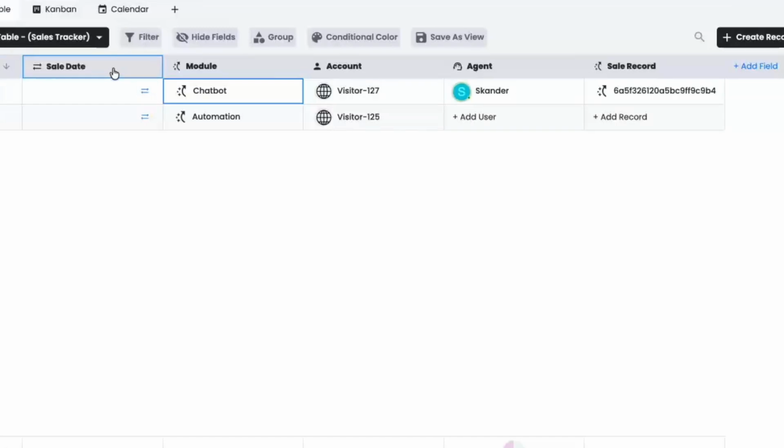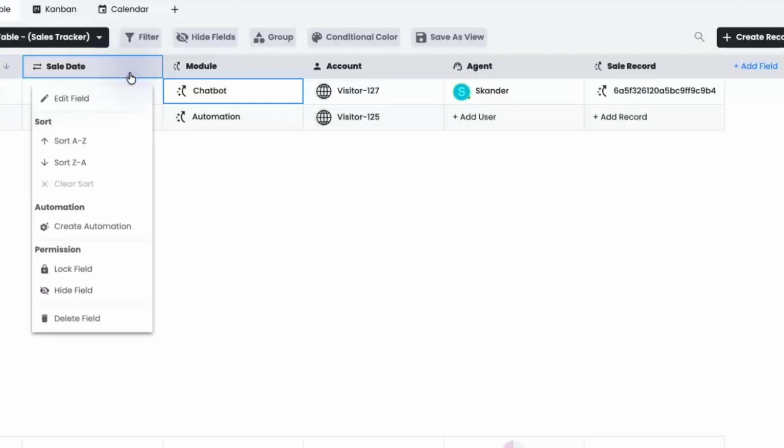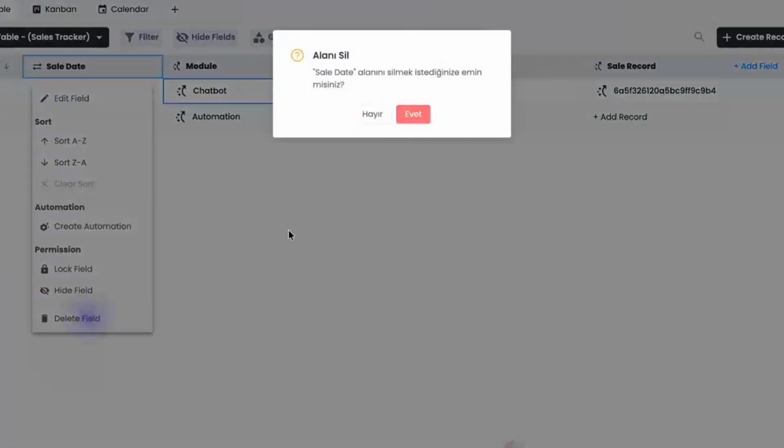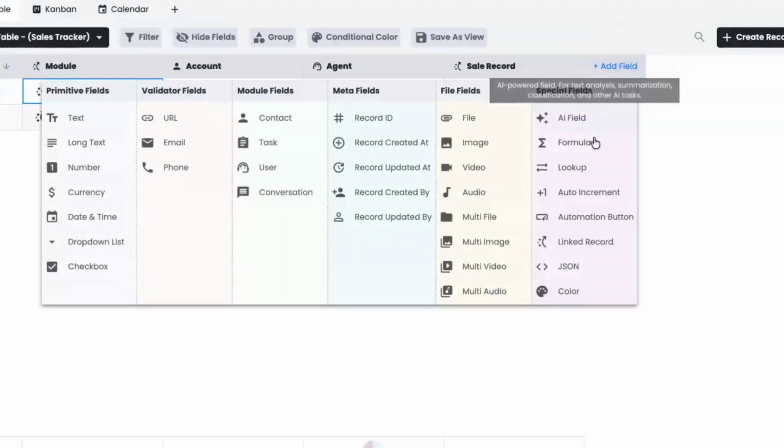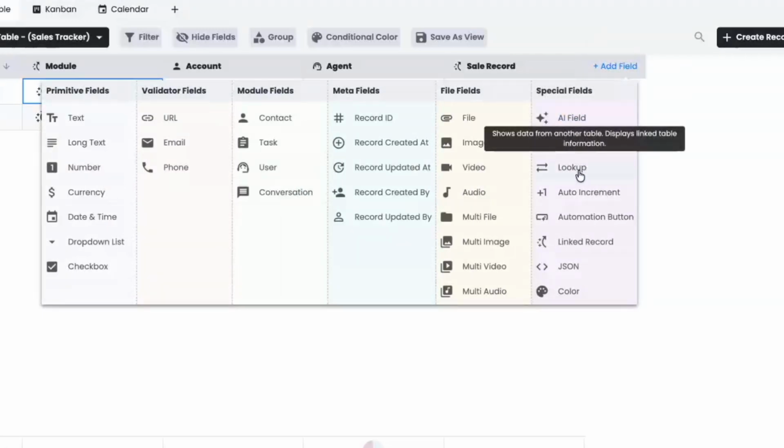Let's talk about the field sale date. In my second table, sales records, every record had a date field that carried the day on which the sale was made. I would like to import that same date without having to type it manually. So here, I'm going to use the lookup field. Let me show you how to do so. I'm going to click Add Field, choose Lookup,